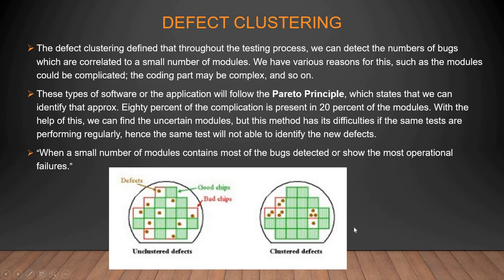With the help of the image below, you can see the defects. The green one is a good chip and the red one is a bad chip. This is unclustered defects, and when you cluster them, these are clustered defects. So this is all about defect clustering. Next one is